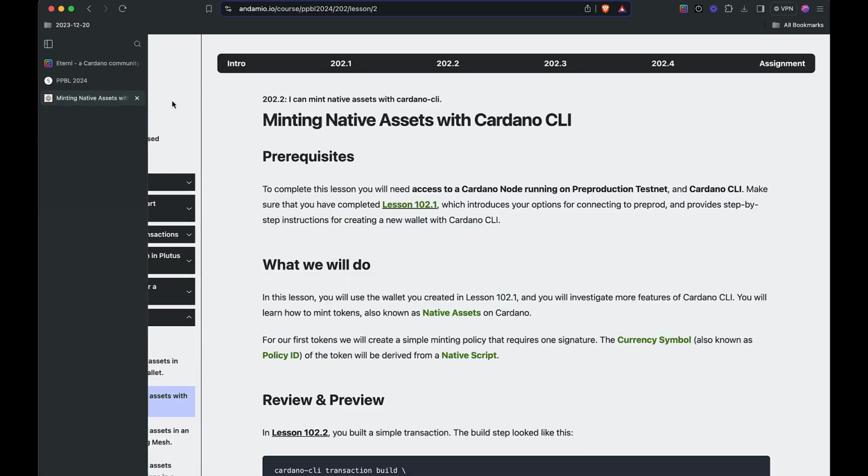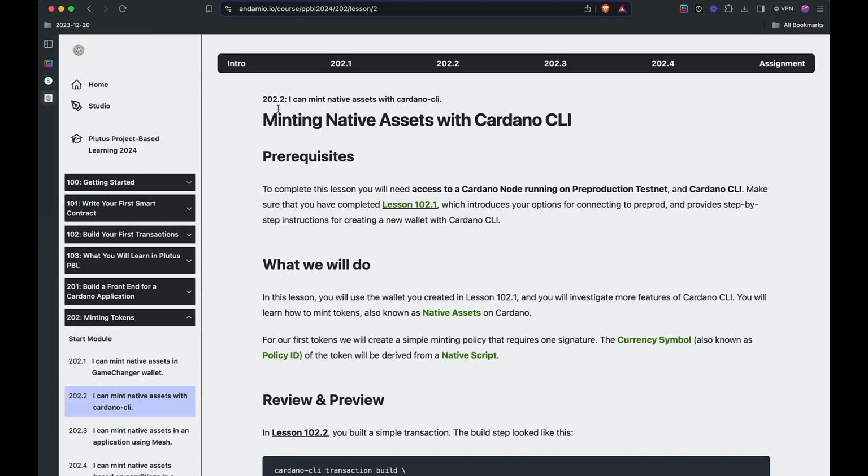This is the video to accompany lesson 202.2, where you will learn how to mint native assets with Cardano-CLI. Before you start this lesson, make sure that you've completed lesson 102.1, because you'll need access to a Cardano node running on preprod and Cardano-CLI. In this video, I'm going to show you how to run these commands locally because I have a node running on this computer. But you can also complete this lesson directly in your browser by using Demeter run as demonstrated